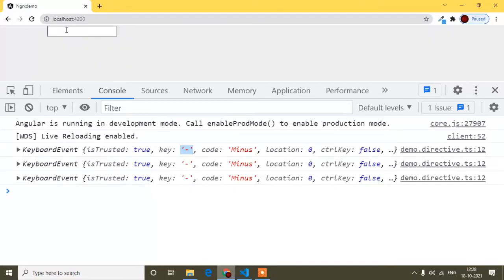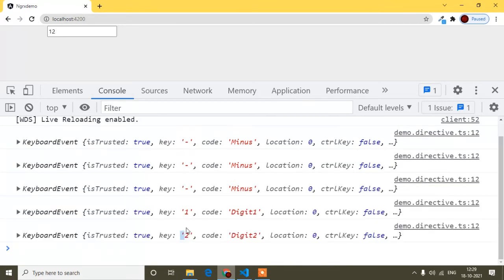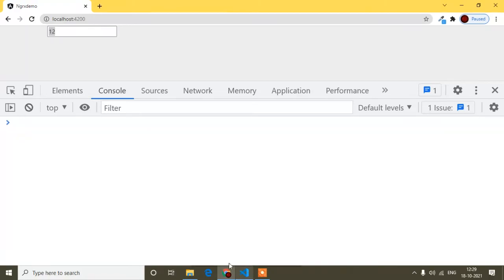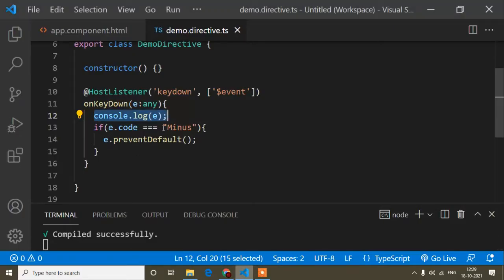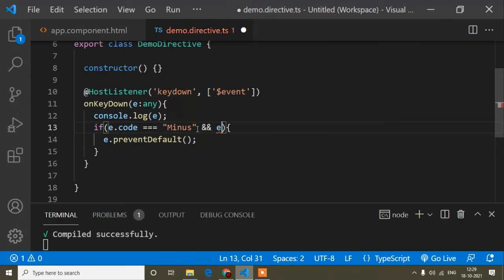So that, but here I cannot get the value, but if I press anything, you can see easily I can get it, and here I can get it here. So now this one is the process. Okay, so if you want to store a condition, you can write three of them, like e.code minus, and you can write here an separator, and then you can write e.key, which I showed before, that is minus.